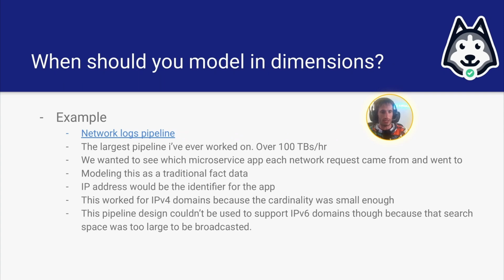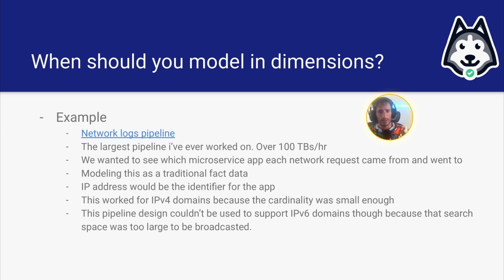And it worked. It actually worked. And the only reason that worked is because that data set was small enough to do a broadcast join. A broadcast join in Spark, for the people who don't know, is a way that you can do a join that's very efficient. But the only way it works is if one side of the join is small. And by small, I mean less than like 5 or 6 gigabytes. If it's more than 5 or 6 gigabytes, then Spark is going to have a really hard time doing a